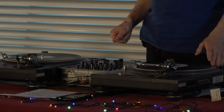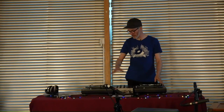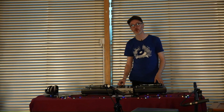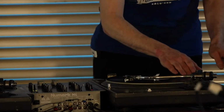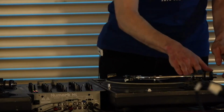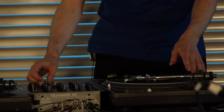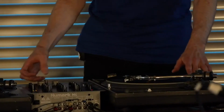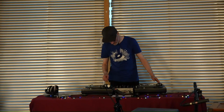So we have a sound like this. Now we also have a mixer in the middle which controls both of these, but the mixer also has a way for you to control the volume, so you can cut things off. So we have simple things just like we control the pitch, but then we can add the fader into that, and then we can have like that. And then if we have a piece of music to make this make a little bit more sense,